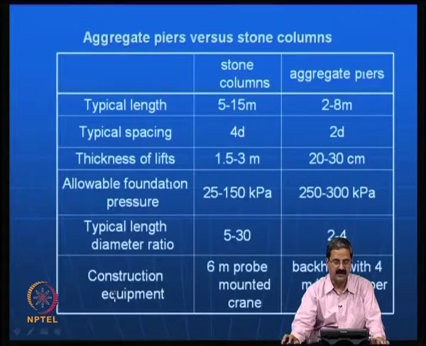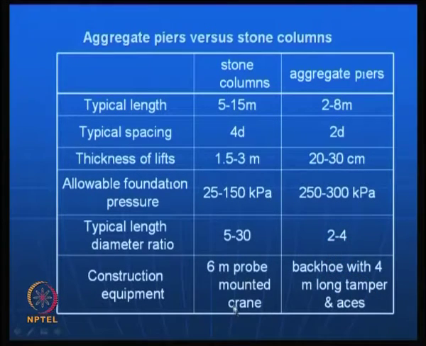And construction equipment, yes, little probes and more detailed, some even, as I just mentioned, stone columns, could also be conventional, in the sense you may not need high-end equipment. But nowadays very good companies are going for real time monitoring, where as you construct, I should know exactly how much stone is inside. Then you come back, make about 2 meters of stone column, and immediately run that static cone penetration test, check if the SPT value or CPT value is all right. People have been doing that. That is called real time monitoring of structures.